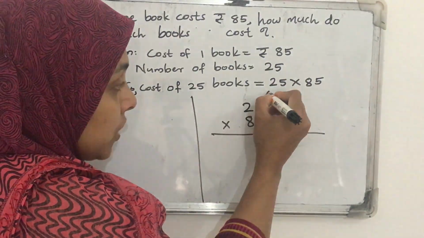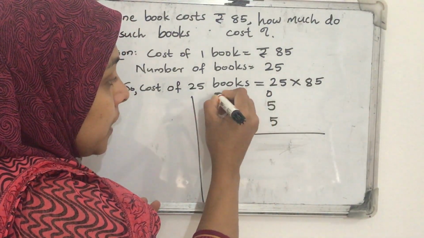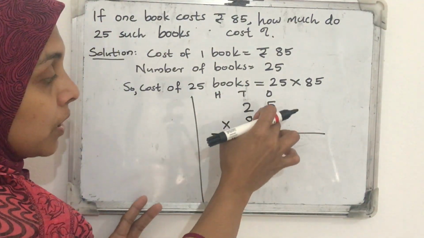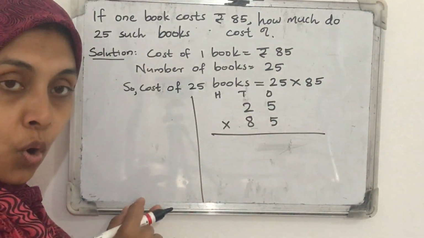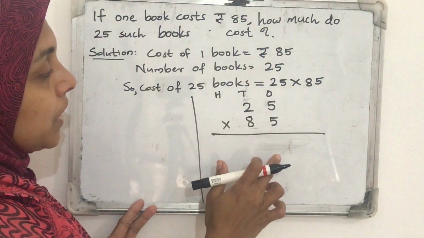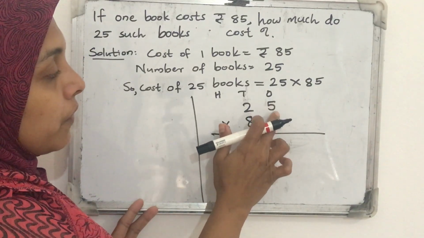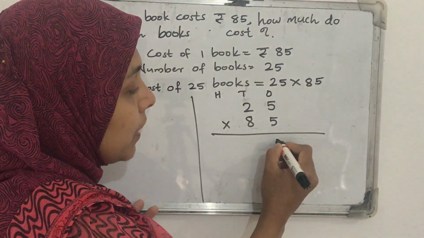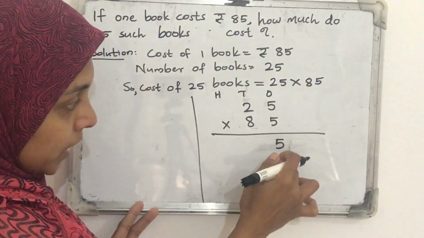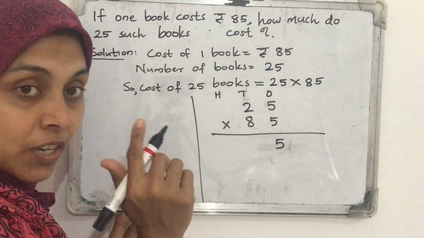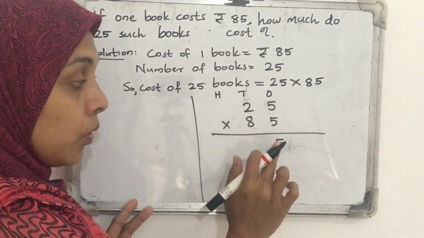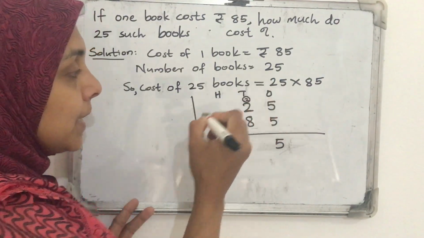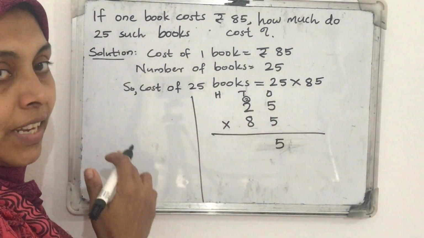When we do the multiplication, all of you want to take care of the places. This is the ones place, this is the tens place, the hundreds place. So when we write the answers, at that time also we want to keep the places in order. So first multiplication, 5 multiplied by 5, 5 into 5, that we know is 25. For that, 5 we write here, just below that, this should be in one line, we want to take care of that. Now 25: 5 we write here, 2 we can write as the balance, carry over to the next place.